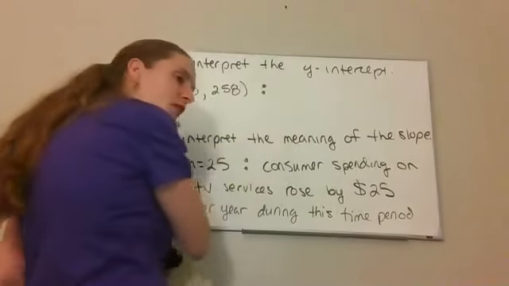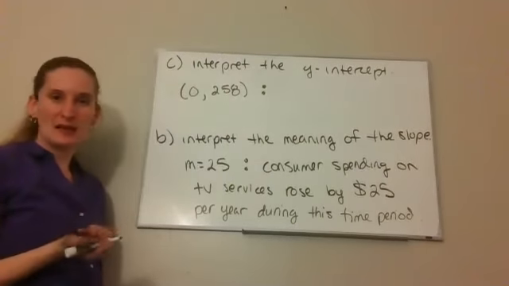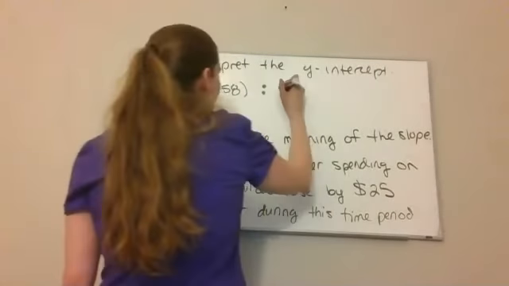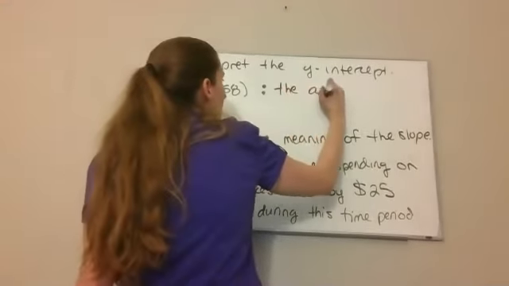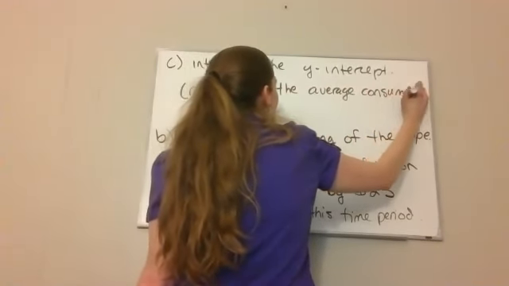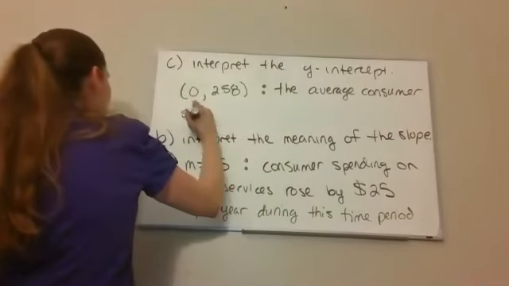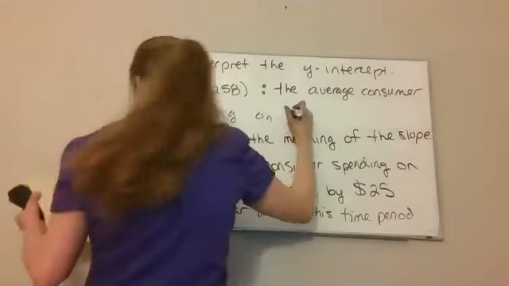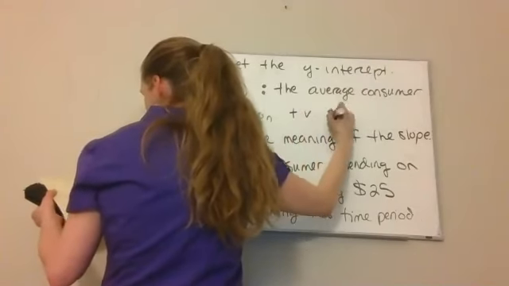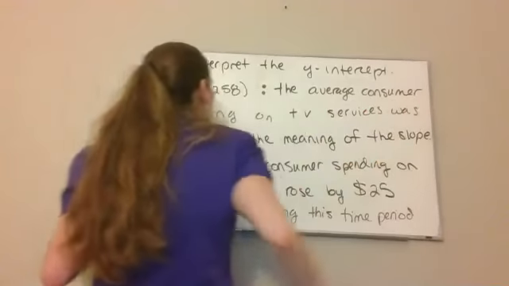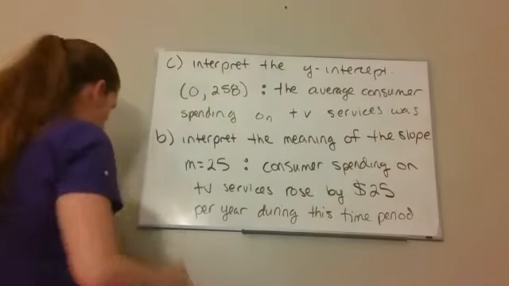And to interpret what this means, we have to talk about what that x-coordinate and what that y-coordinate mean. So what this is saying is the average consumer spending on our TV services was $258